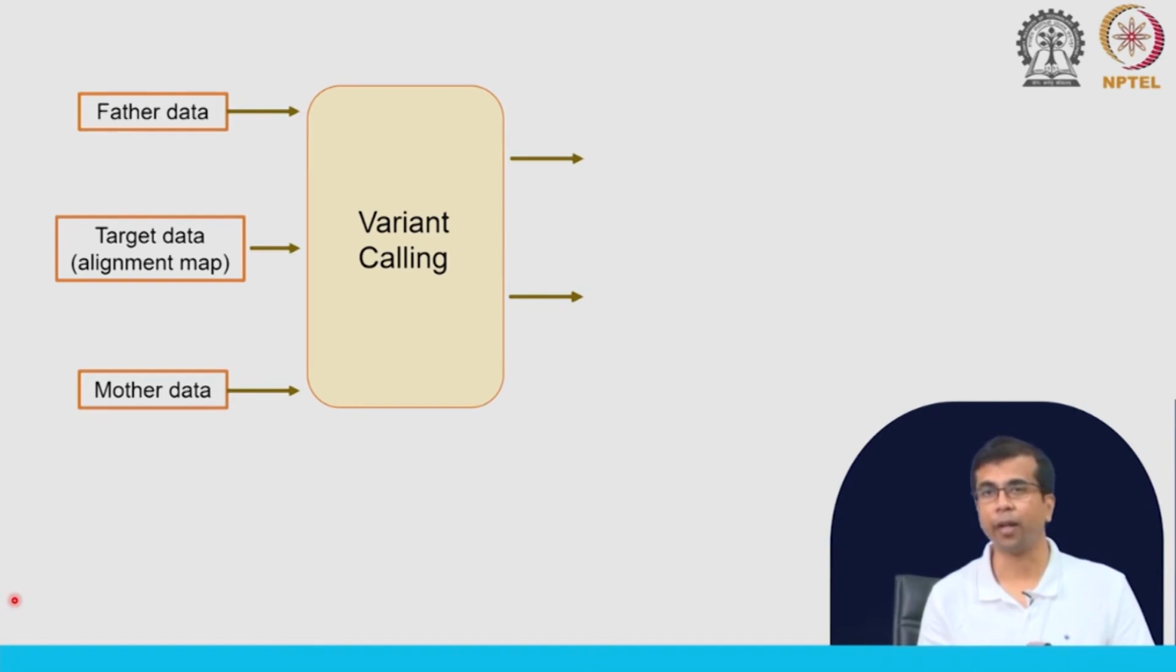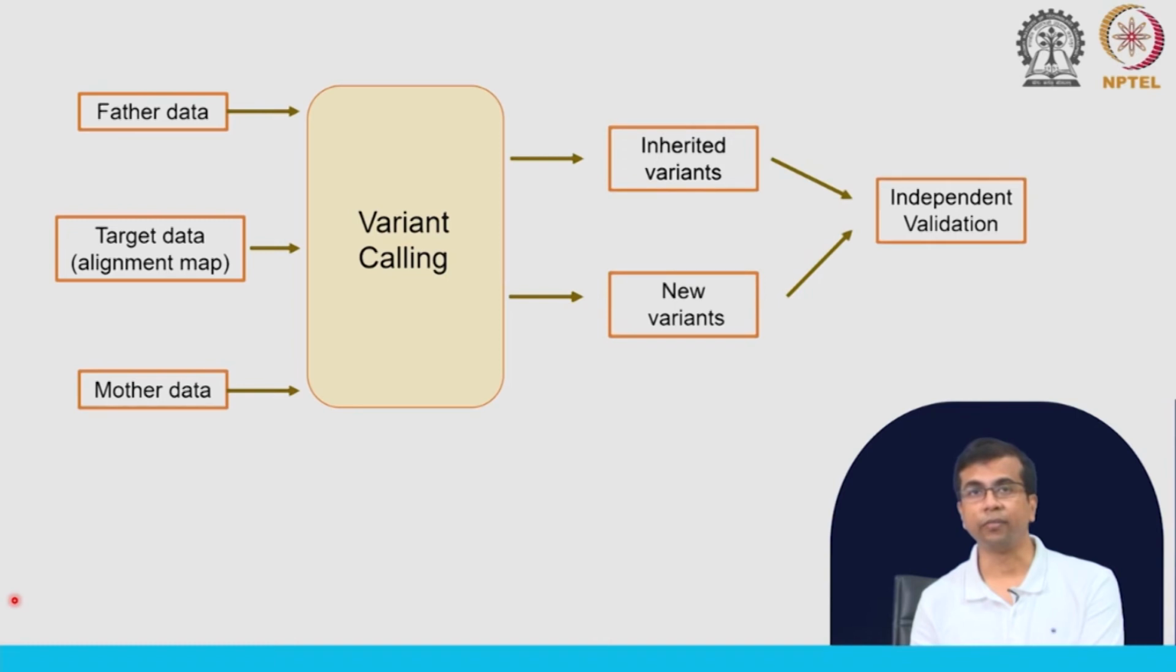So, for all these 3 samples we do the variant calling and we can identify the variants that are common across these individuals. Some of the variants that are common are the inherited variants and we can also identify some of the new variants that are present in our sample data or the individual data, but not present in the parents. And of course, once we have identified them, we want to validate these through some independent validation methods,